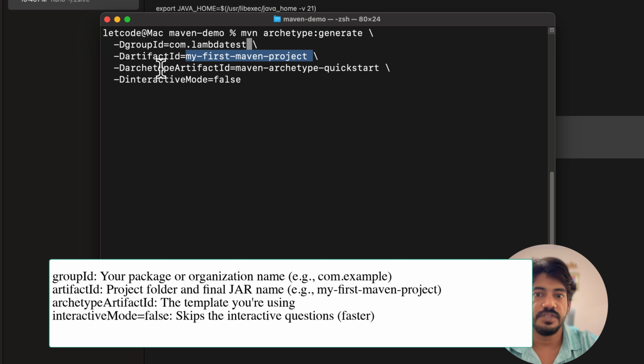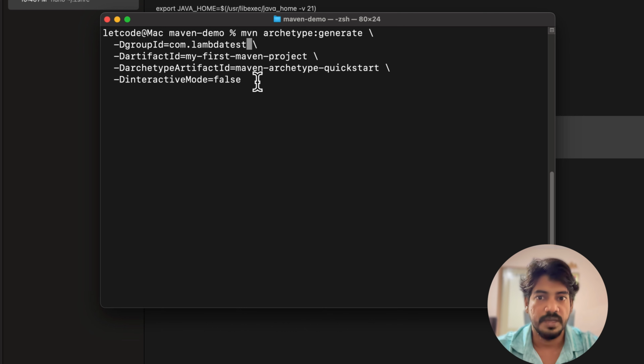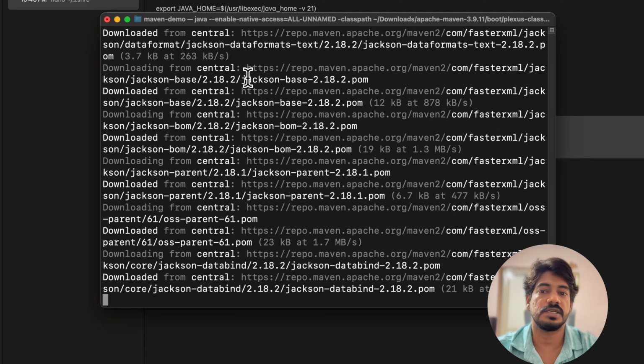Okay, then we have the archetype, where we say which archetype type we want to generate. So it's going to be quickstart, followed by interactive mode. False means it will not ask you further questions, it will just simply go and create the project for you. But if you want, you can set this to true and try it out, and do let me know in the comments. So I'm going to click on enter, and here you can see it's just going and